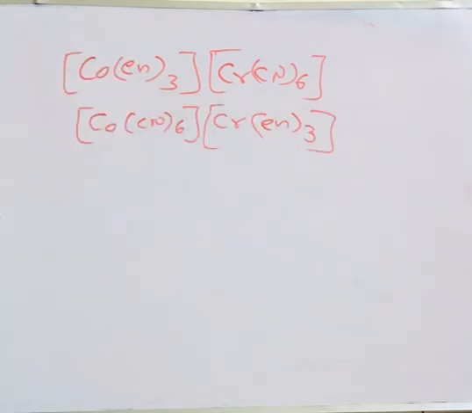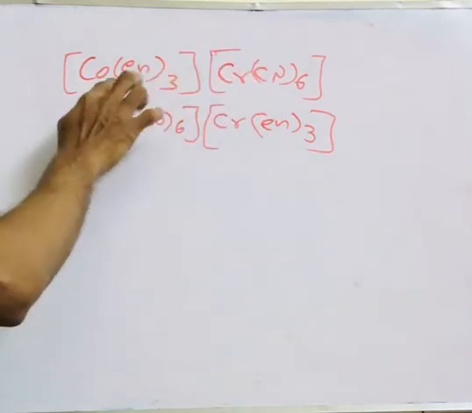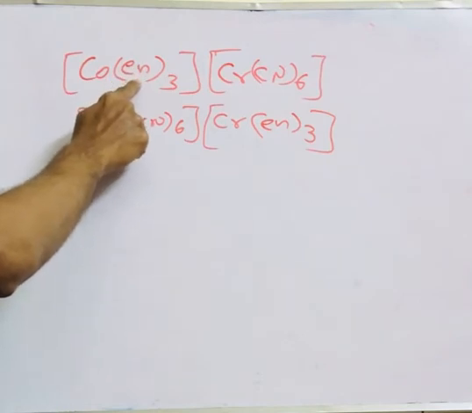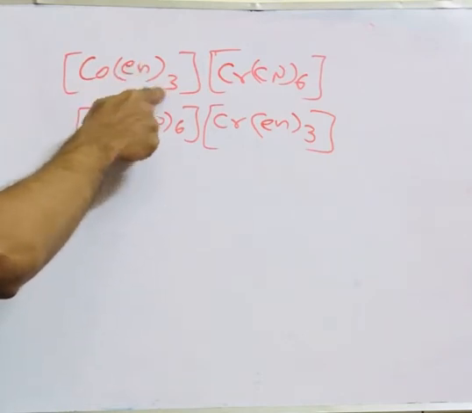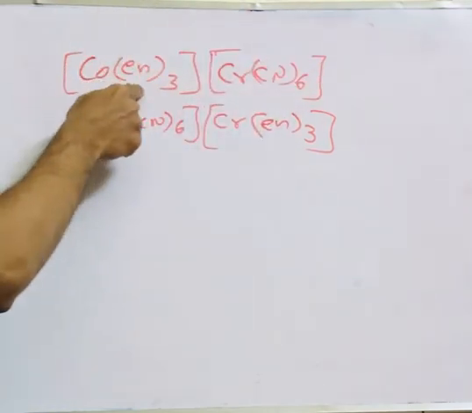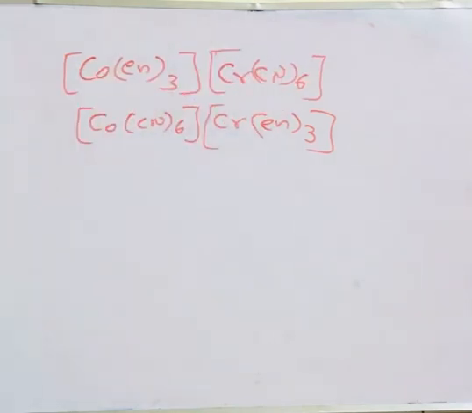So like that we can have a coordination isomer. You can see here the coordination number should also be the same for both. Here also the coordination number is 6, because en is a didentate ligand. It acts as two ligands at a time. So 2 times 3 is 6, and here also 6. So that's a full 6 you need to replace. You should not put only 3 CN. You need to see the number of ligands. Mostly both should have the same molecular formula. That is what is called isomers.